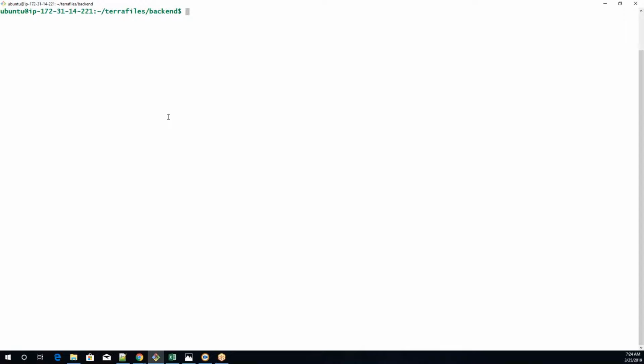Okay, so AWS CLI is installed. I have added the access key and secret key when it asked. And now let's create a backend file. I'm going to name that file backend.tf to give Terraform the backend information, and you say backend